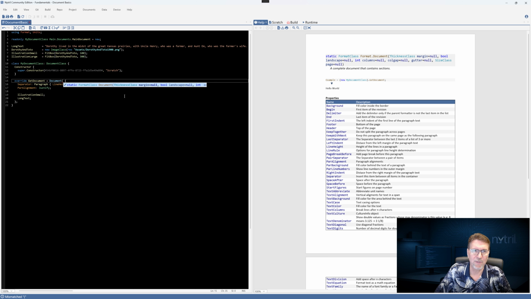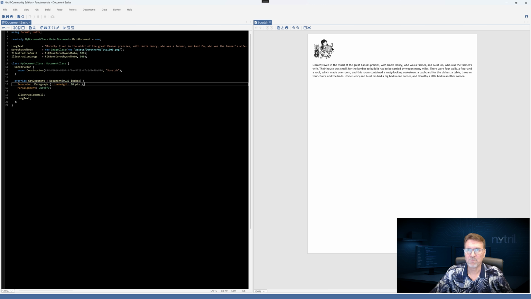Now there's a little shortcut we can do in Nitro when we need to provide a number to something like a thickness class, and that is that we can just type the measurement directly. So let's give it 0.25 inches. And if that's all I type, then Nitro will assume you want that to be the margin for all the margins in the document. Let's get rid of these extra screens that we don't need here. And let's press F5. And it adjusts the document to 0.25 inch margins.